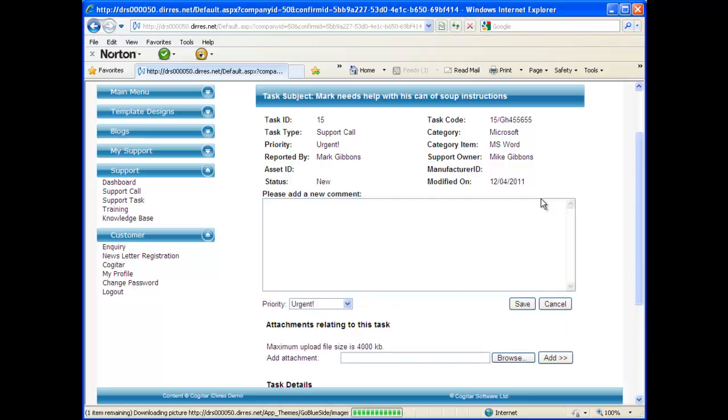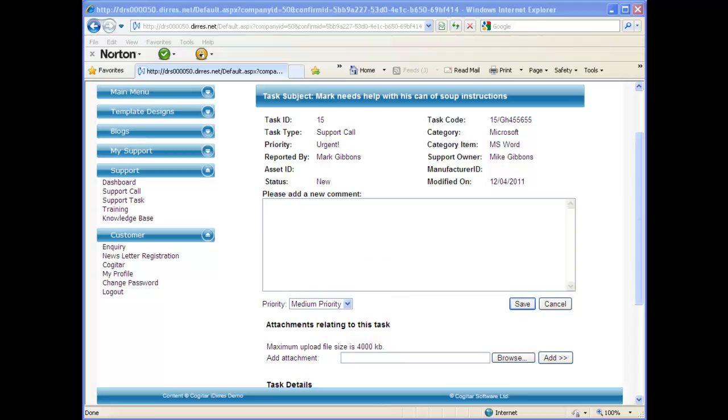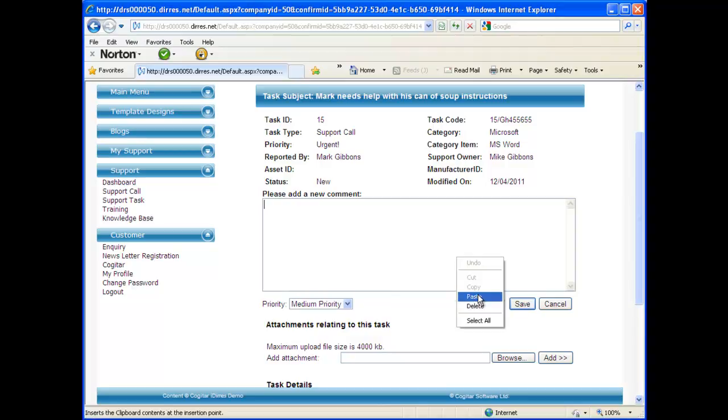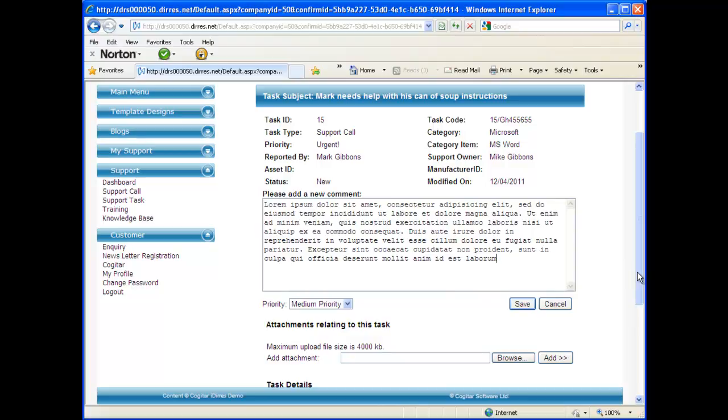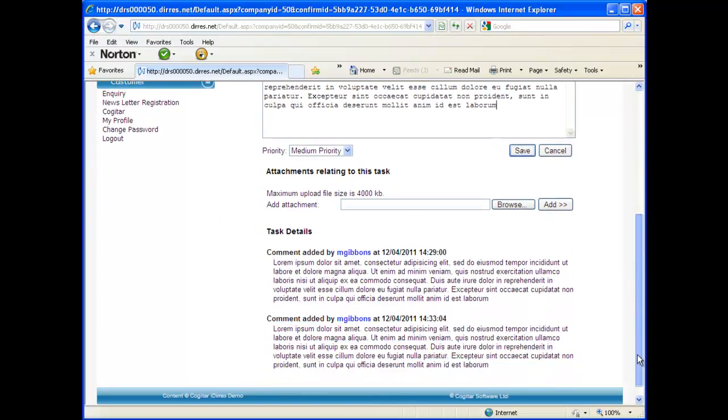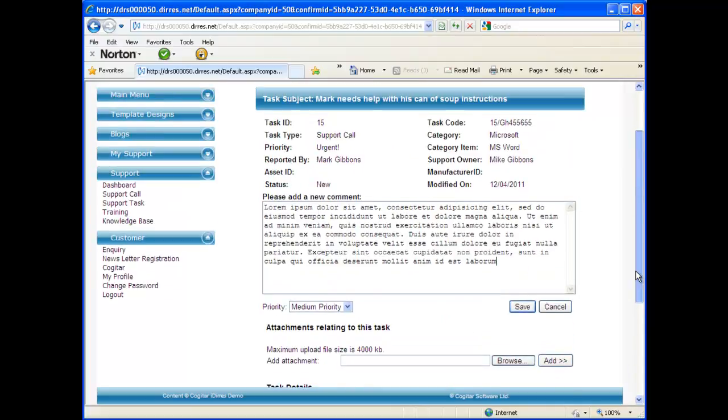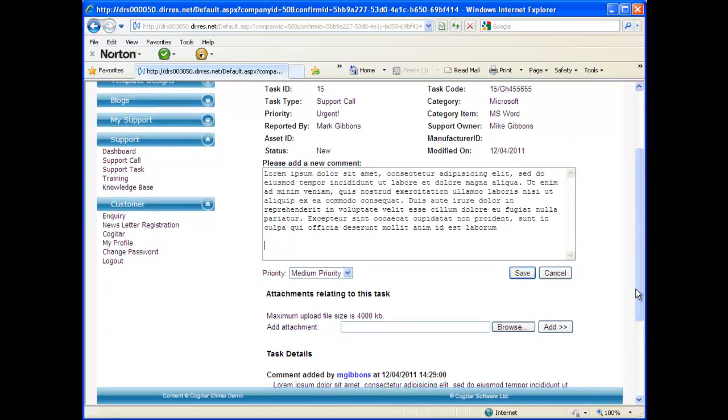So if I now go and edit it, what I can do as a customer is I can say, oh, actually it's not that important, I don't need such a high priority. I can also go, and if I just borrow some text here, I can put text in here. I can add attachments, and more importantly, it's giving me a two-way feedback, which is quite impressive. If I now save this,